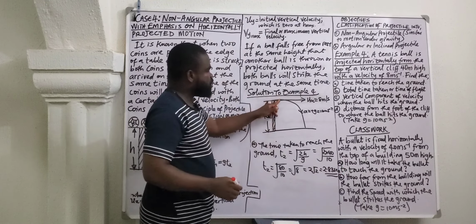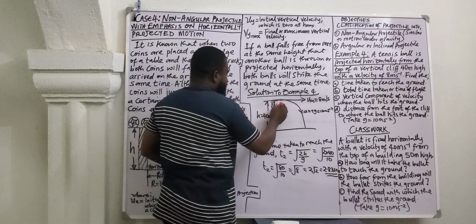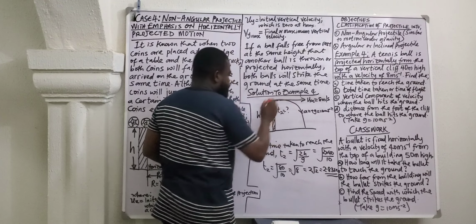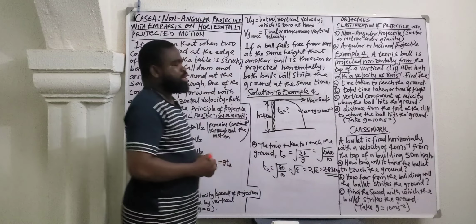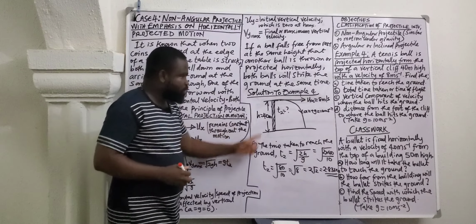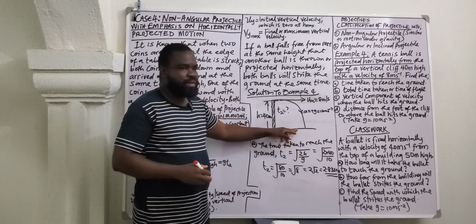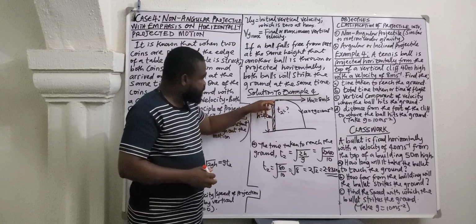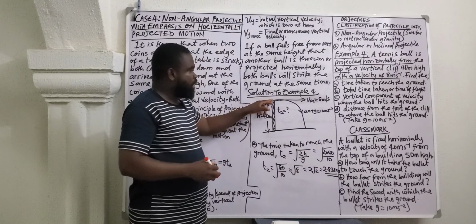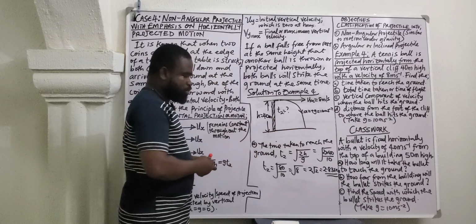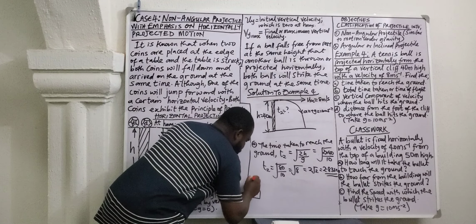That is the time it will take the object to get to the ground, T2. Then they say find the total time taken, or the time of flight. Once we have gotten the time it takes to get down, we can get the total time, which is the same thing as the time it takes to go from the ground up, and from the top back to the ground. So simply put,